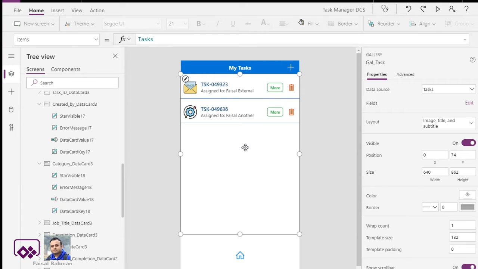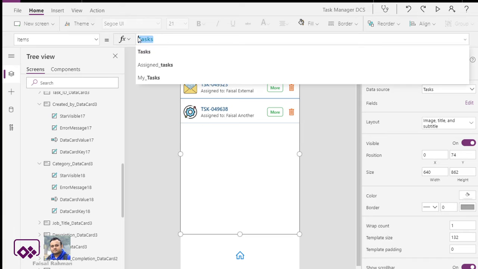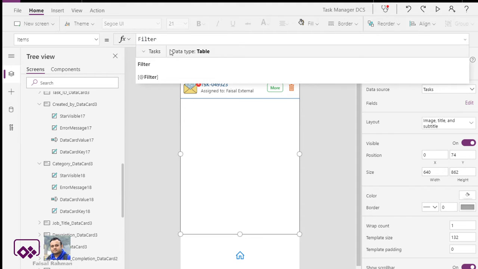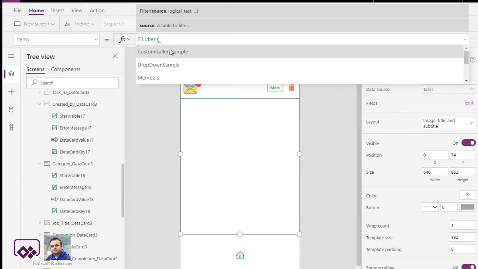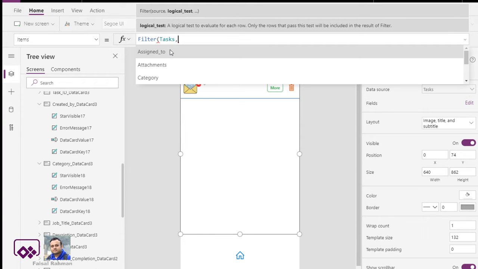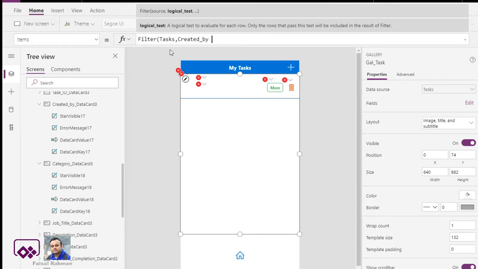We already showed you how filter things work, but here we will apply it again on the gallery. So let's select the gallery first, and then on the items property we will be just filtering the data source, task, and our logical test will be created by equals,